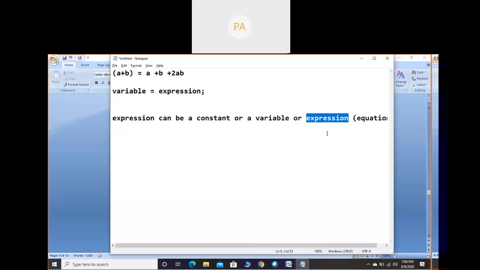And here the meaning of variable equals to expression is, it is not like LHS proving LHS equal to RHS, or comparing LHS and RHS. Again I will tell, it is not like proving LHS equal to RHS or comparing LHS and RHS value. So here what happens, RHS value, right hand side value, will be copied to left hand side. So that is the meaning here.